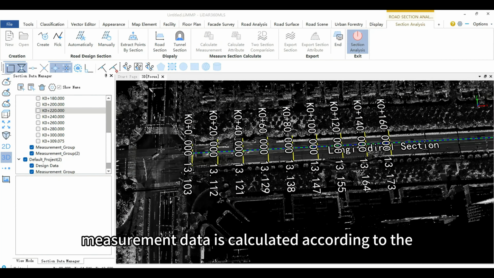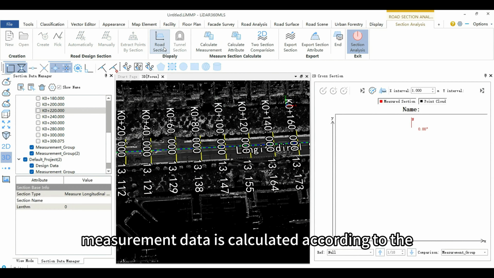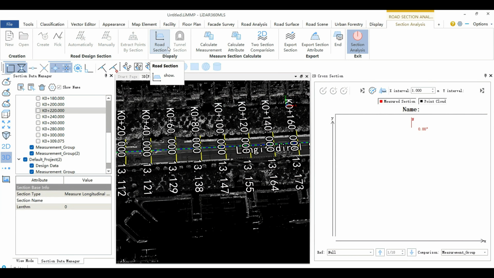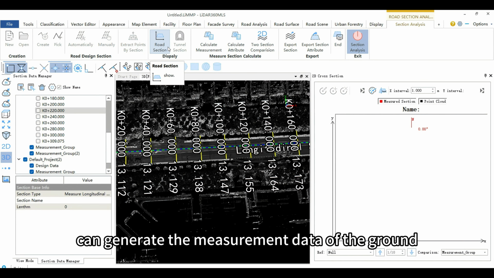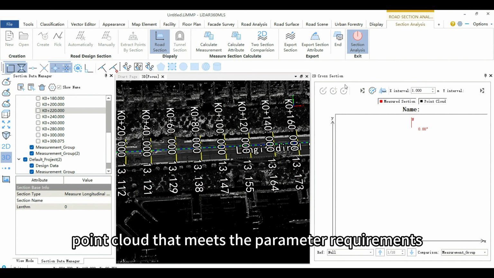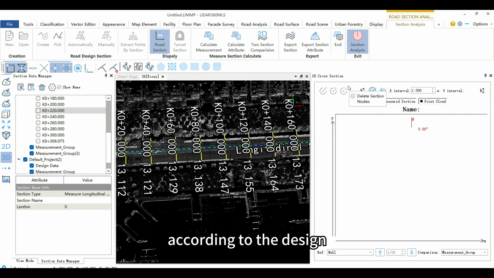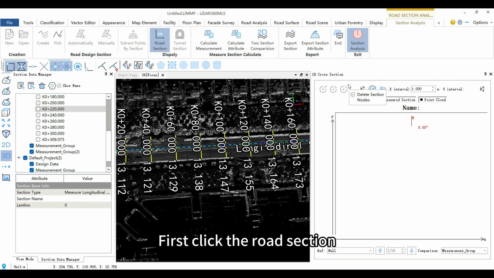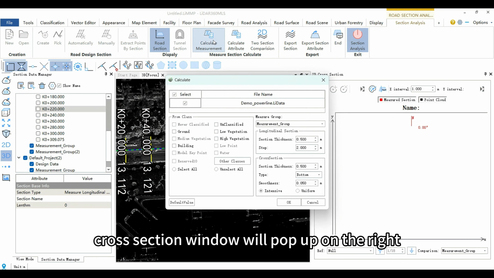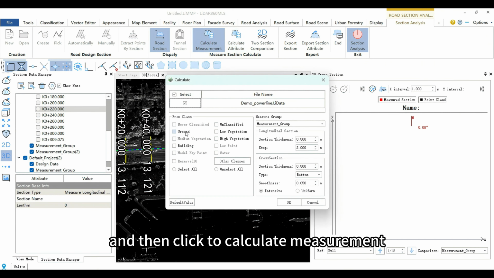The following section measurement data is calculated according to the generated section line. This function can generate the measurement data of the ground point cloud that meets the parameter requirements, according to the design data and the point cloud. First, click the road section, and the 2D cross-section window will pop up on the right, and then click to